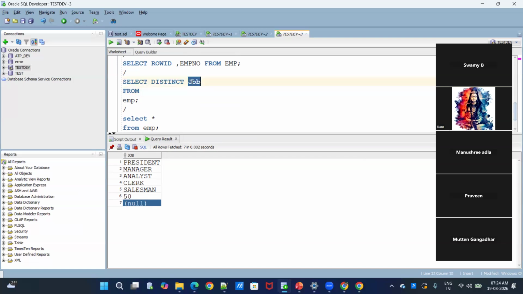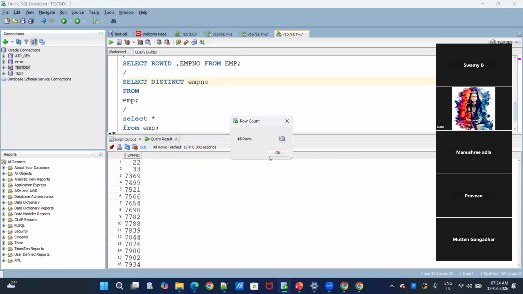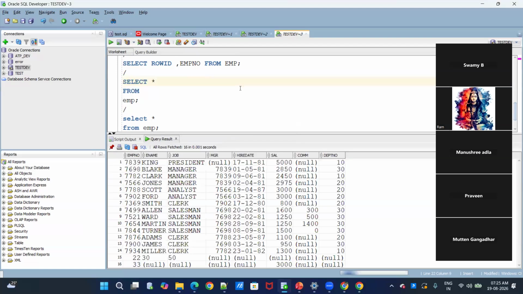So distinct of employee number, all 16 I'll get. Why? Because employee number is unique, right? This is the primary key column in the table. So we don't use distinct on a primary key column. It's a blunder. There is no use at all. Distinct of department number. How many departments are there? If you want to see,